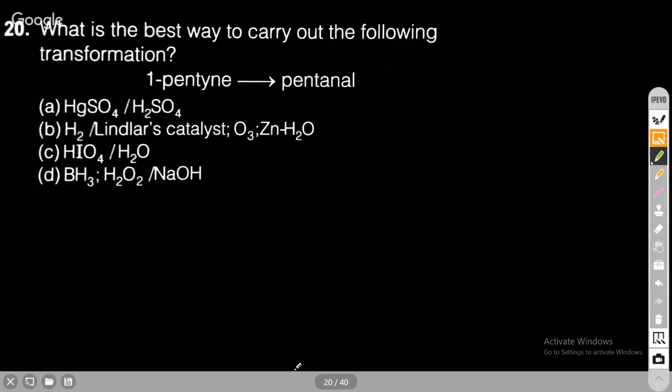Okay, you see in this reaction, first of all, the simple one we have, if you have pentyne, correct? So the reaction is this